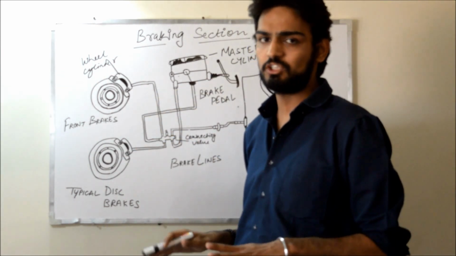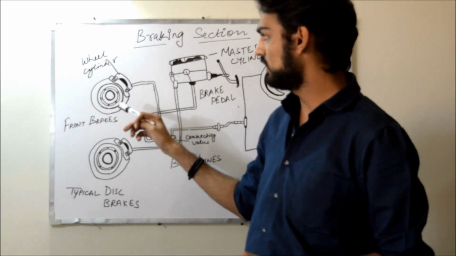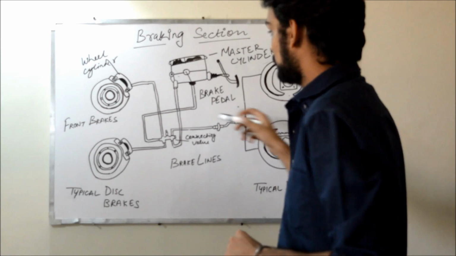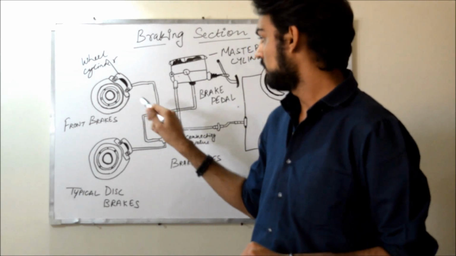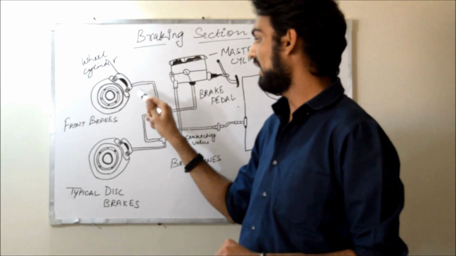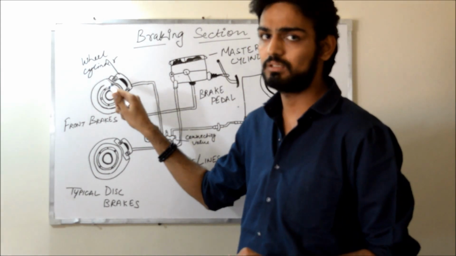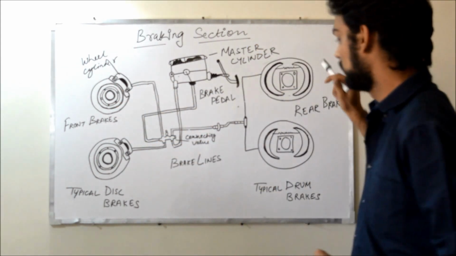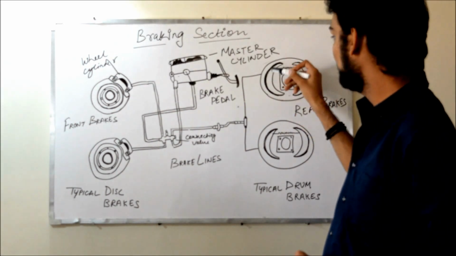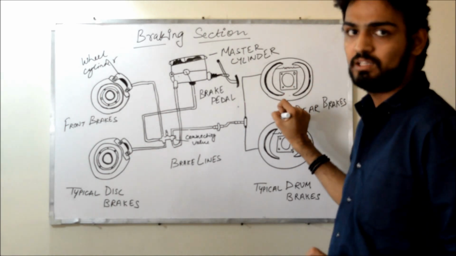You can use any combination of the brakes, either any of this is disc or drum, or you can apply brakes to any shaft. So in case of disc brakes, the fluid passes through this wheel cylinder, and wheel cylinder applies the brake to the disc, which stops the vehicle. And in case of drum brakes, fluid passes through the connecting wires, which expand these brake pads to restrain the vehicle.